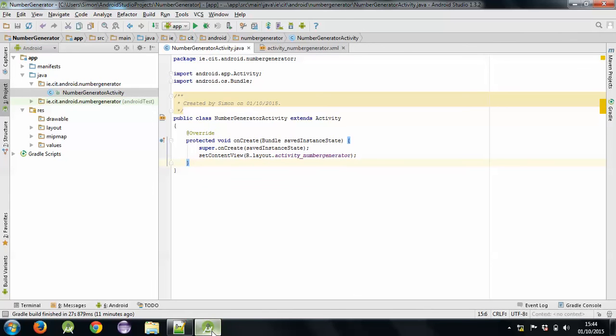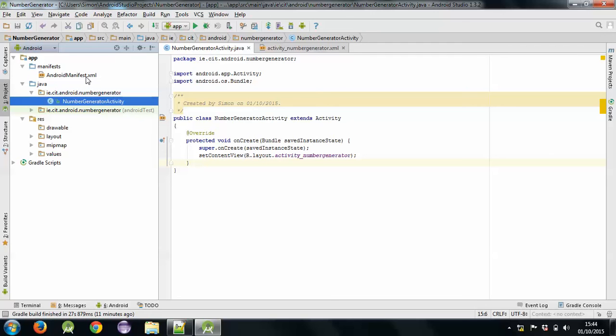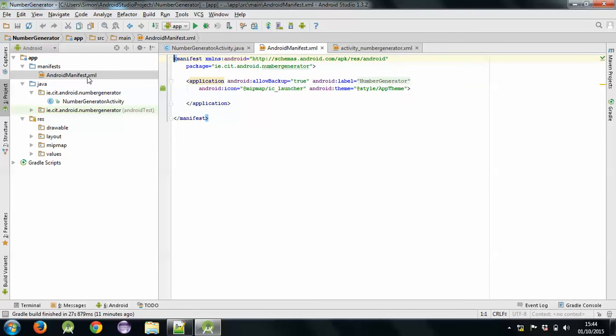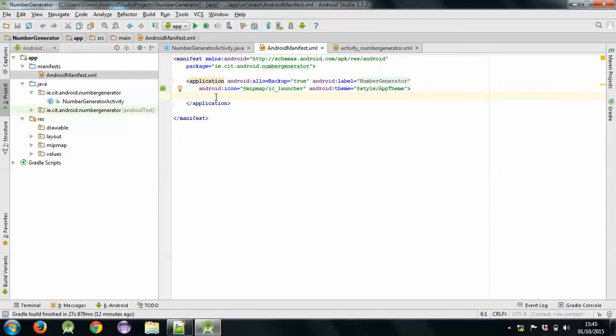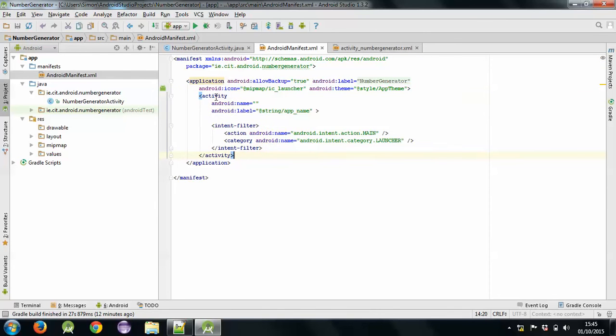The next thing we have to do is go to our manifest file, which is the glue which holds the entire app together. So in here we have to mention all activities. Now we only have one activity here, so it is the default activity, which means it's the activity that gets launched when the app is invoked or launched. So we'll see here our manifest already has some information. What we're concerned about here is the open and close application tags. So within that we want to put in an entry for our activity,